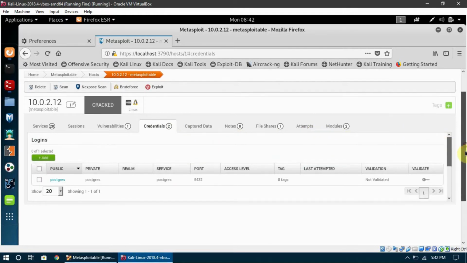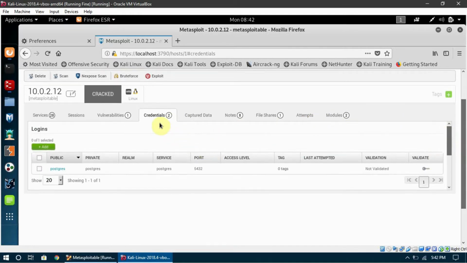and it is telling us that it actually found two credentials here. I will tell you that here it is saying logins. So what this means is that it found there are a few exposed logins available within Metasploitable.